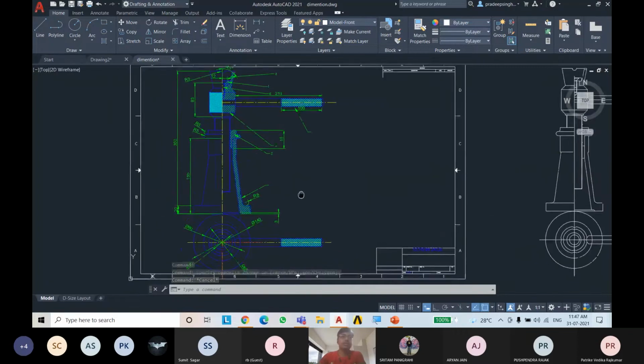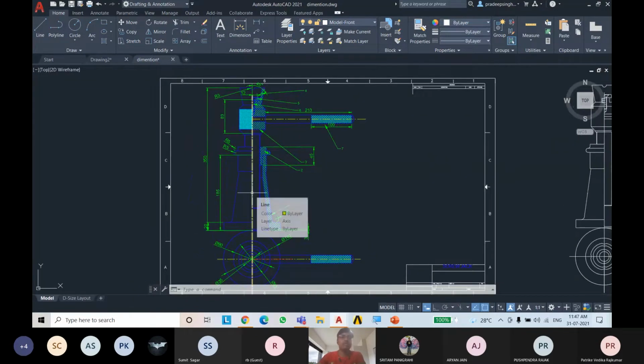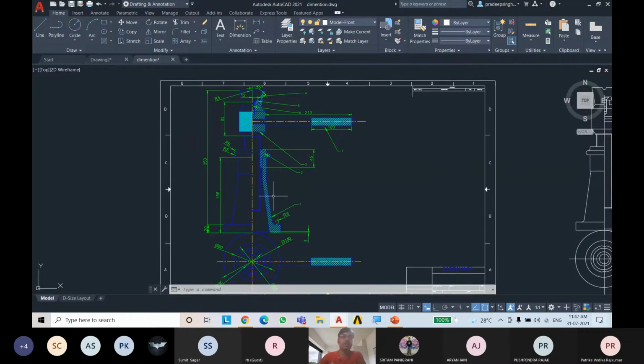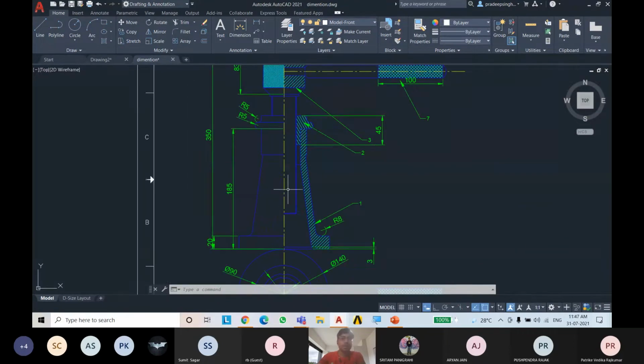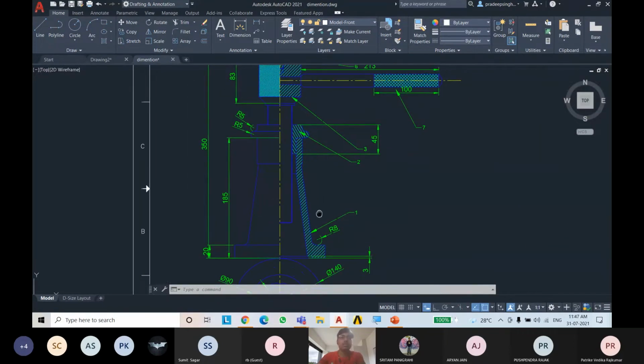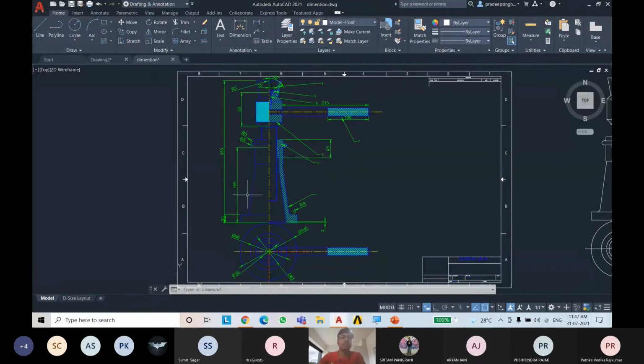You can see in this drawing, this is the center line of this drawing, so I have made it in a different color, yellow, and you can see also that there are different line patterns. I have drawn the edges with blue color, and I also drew the dimensions with green color.